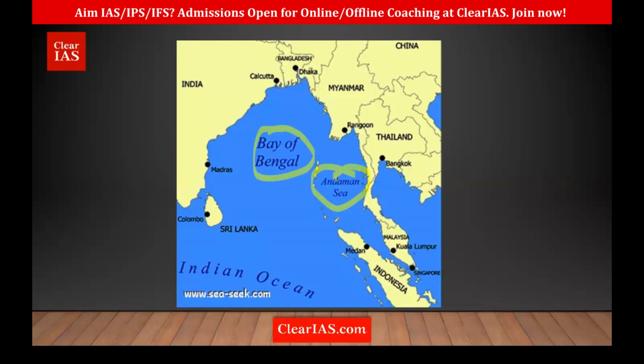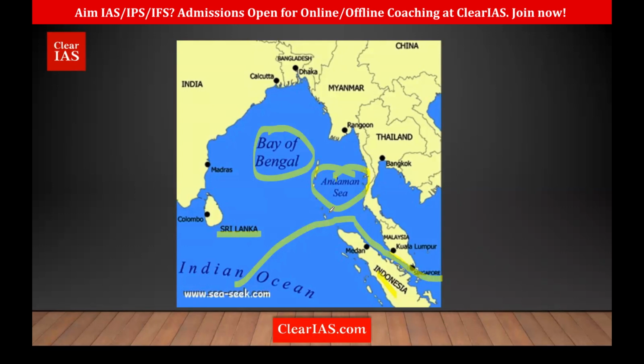Another interesting thing you must remember is that the bottom one is the Nicobar. You can see Indonesia here, Sri Lanka is here. And Indonesia, which one is this? It's Sumatra. And this is how the international sea line of communication goes, that is the shipping route. It goes like this. Here we have the Malacca Strait. So remember the location of the Andaman Sea. One side of Andaman is the Bay of Bengal. On the other side, we have the Andaman Sea.